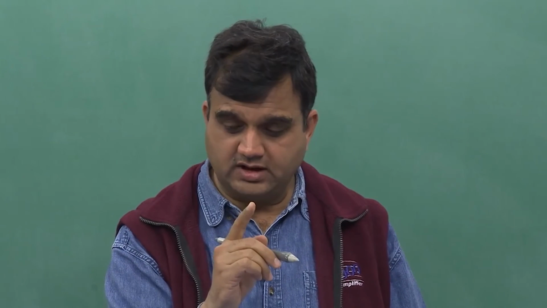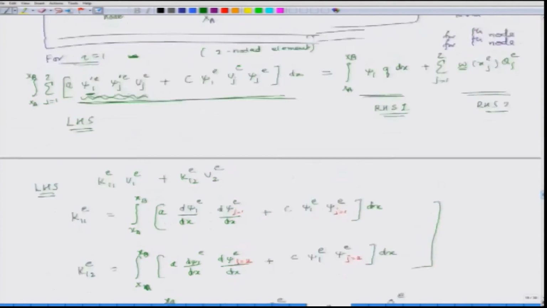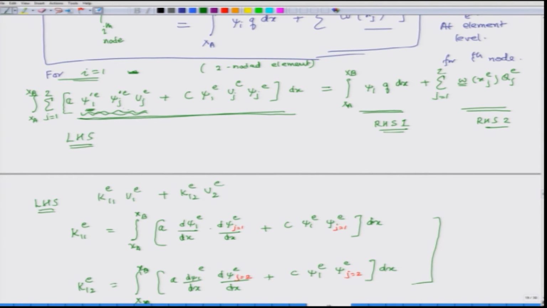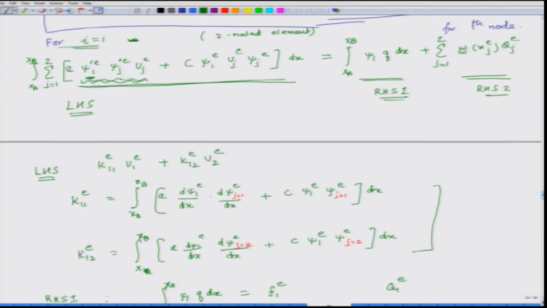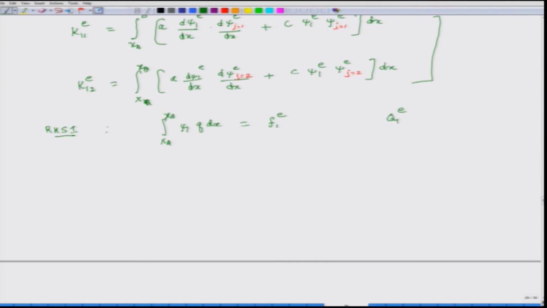So, at the first node it is 1, and it gets multiplied by this q. At the first node what is the value of q? Q1, you know? This is Qj. So, I get Q1e from here, and the value of psi 1 at the second node, summing over j, this is Qj, is 0. So, the second component of this term is 0, right? So, this is Q1. So, this is RHS 1